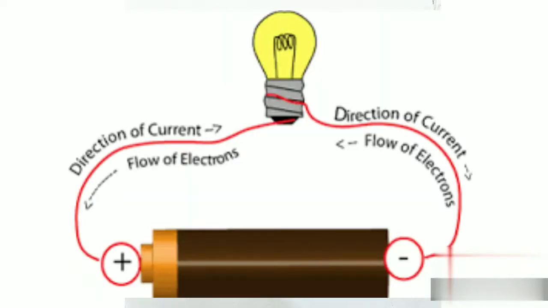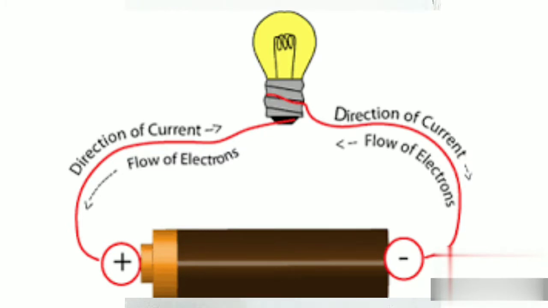Students, hello everyone. Today we are going to start with the physics chapter, that is electricity. Today we are going to see what is electricity, and in this chapter what are the numericals and what are the formulas we are going to use. Everyone knows what is electricity. Without electricity, nothing in this world can run.